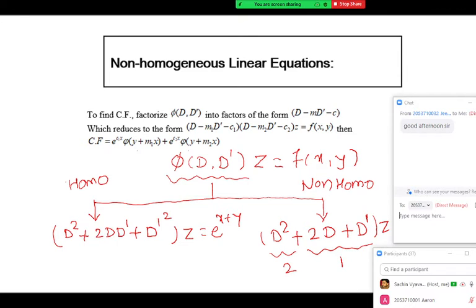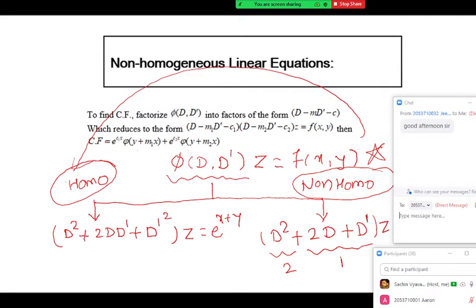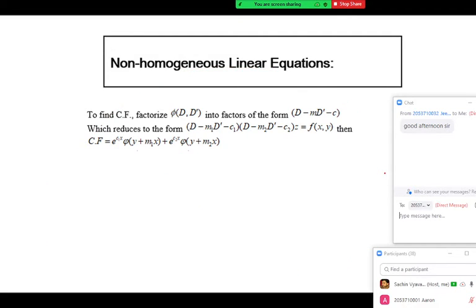Now we have two types of higher order partial differential equation: one is homogeneous and the second is non-homogeneous. Non-homogeneous is the most general case. If you learn the method of calculating the CF for non-homogeneous, in the same way you will get the CF of homogeneous also. So the only important difference is in the CF. The method of calculating the PI is the same for homogeneous as well as non-homogeneous. Take a homogeneous function or a non-homogeneous function, the method of PI is the same. So I will come to the CF part.